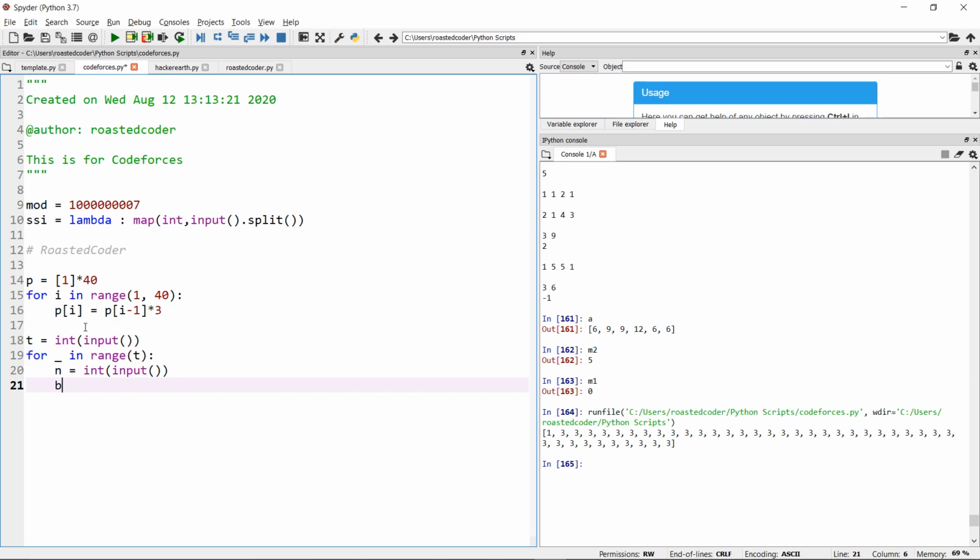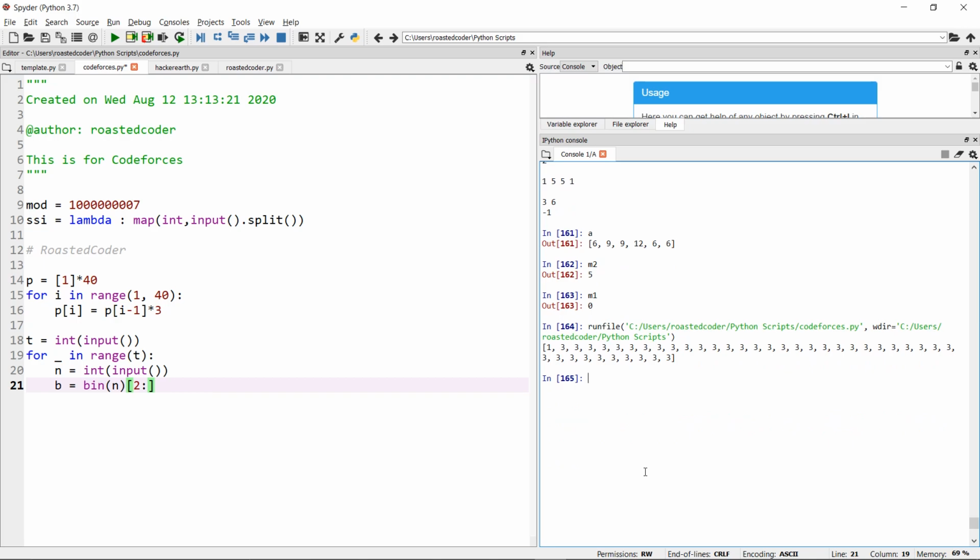Let's take b as the binary of n. Since the binary of a number in Python gives 0b as its prefix, let's just create the binary of 5.